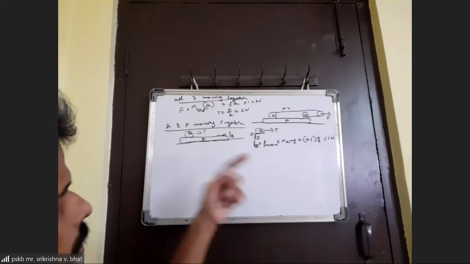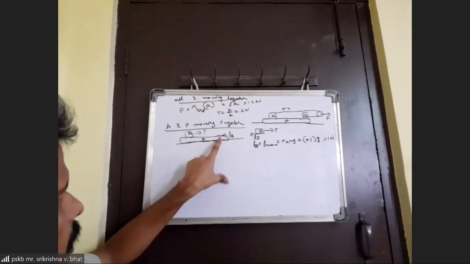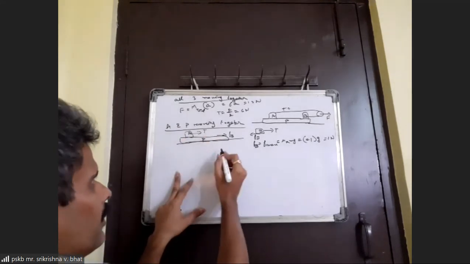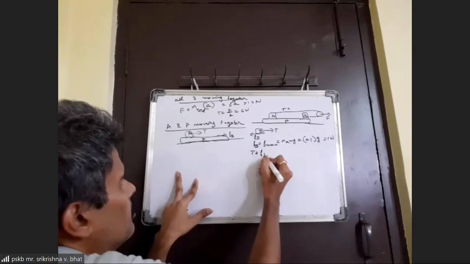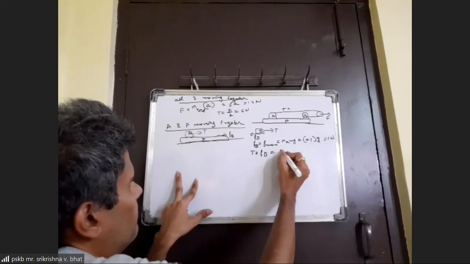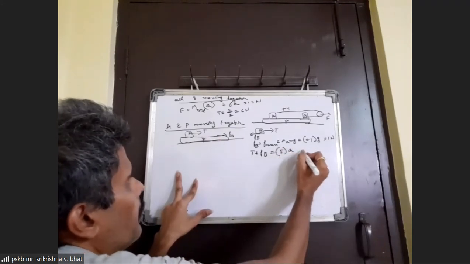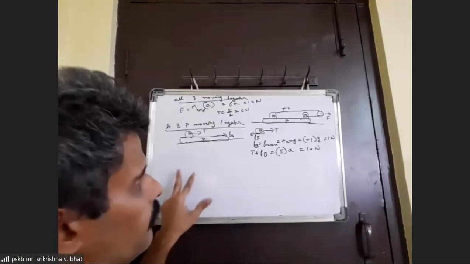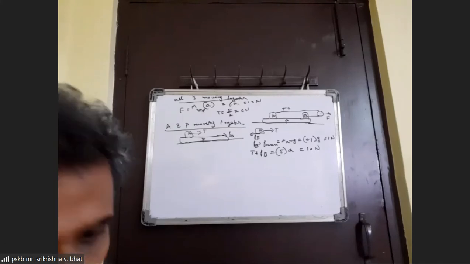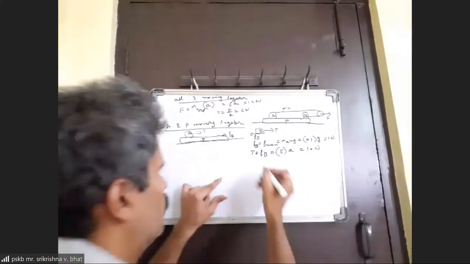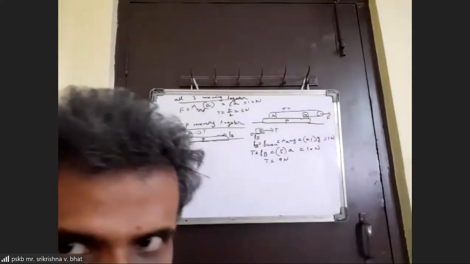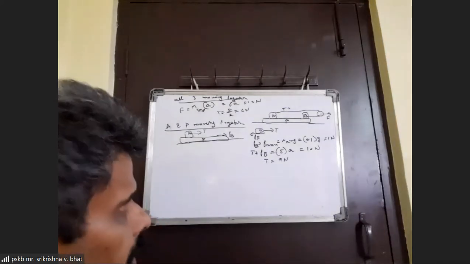The same friction force of 1 Newton will act on the plank. Now, since this whole system has an acceleration of 2 meters per second square, T plus F_B must be equal to the total mass of this system, which is 5, into a, that is 10, because acceleration is 2 meters per second square. This is what we have assumed. So 10 newtons, which means tension alone should be 9, because the value of F_B has been found to be 1 Newton. So tension should be 9.